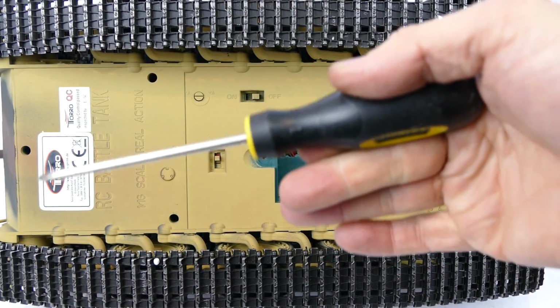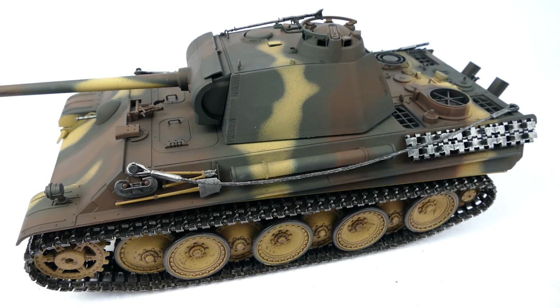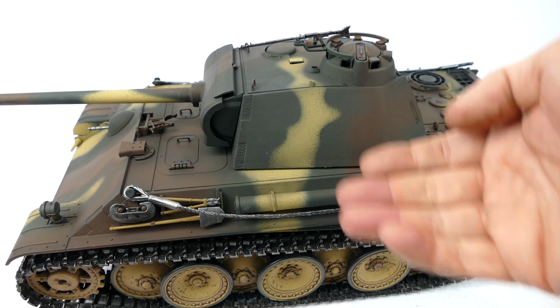Now to separate the lower hole from the top hole, there are several screws which you have to undo. I'll do that now, and I'll show you how to open her up. Okay, now once all those Phillips head screws are removed from the bottom, the lower hole should be able to